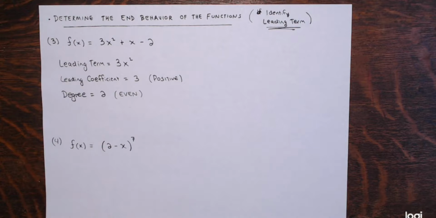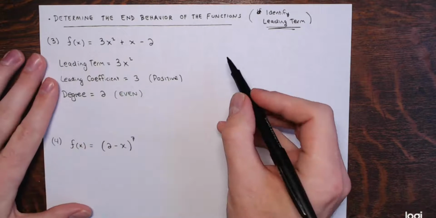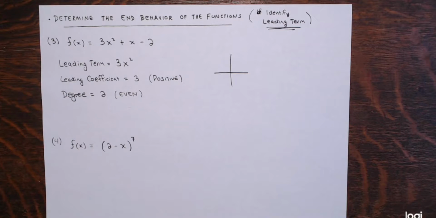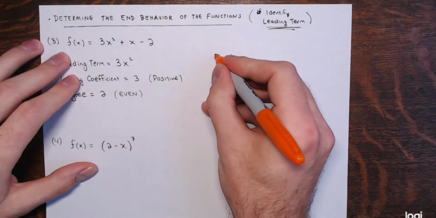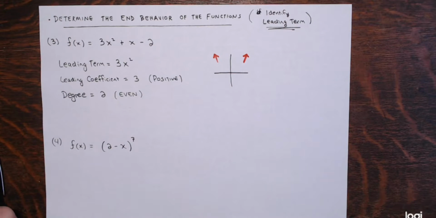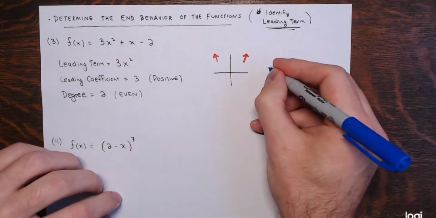And this should be the graph of a parabola. This is actually a quadratic function. You know how the graph of a quadratic function looks like a parabola, right? But the function will be going up to the left and up to the right, if I'm talking about end behavior. All right, so as x goes to infinity,